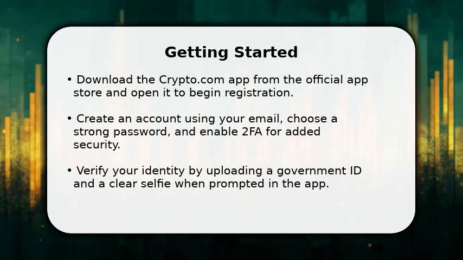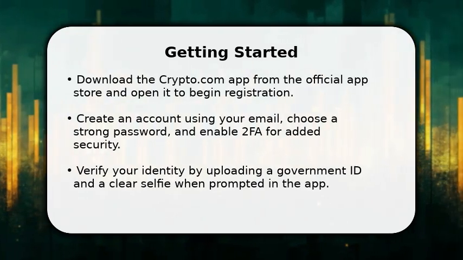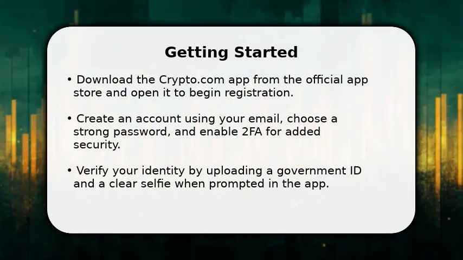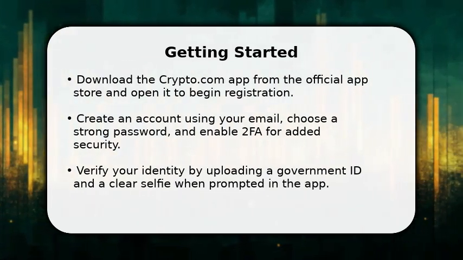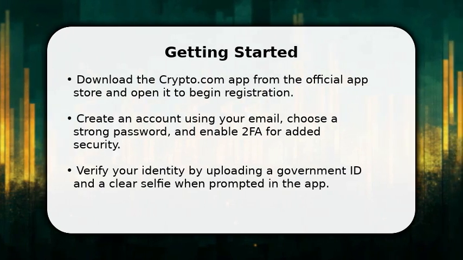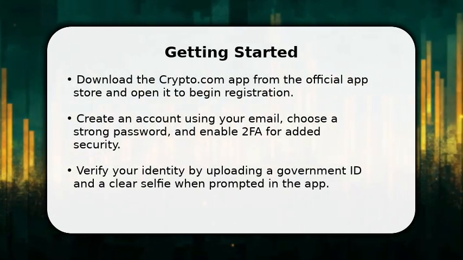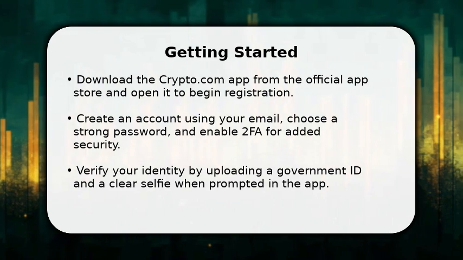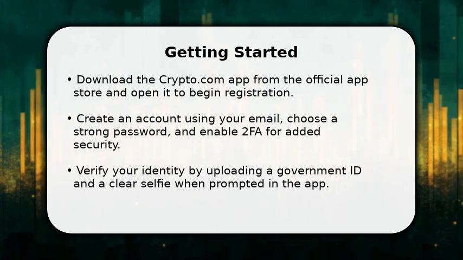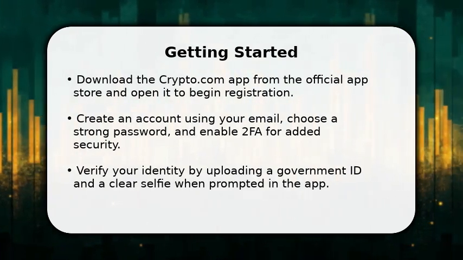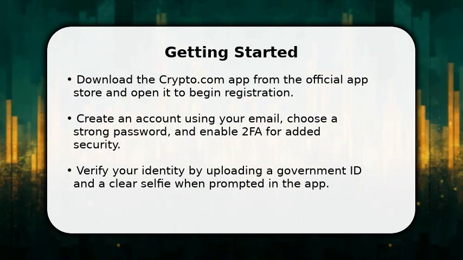In this video, I will show how to open a crypto.com account. Start by downloading the crypto.com app and tap Create Account, then enter your email and a strong password. Next, enable 2FA with your phone for extra protection and follow the on-screen KYC steps to upload your ID and selfie. Finish by linking a payment method like a bank card or transfer to fund your account and start trading